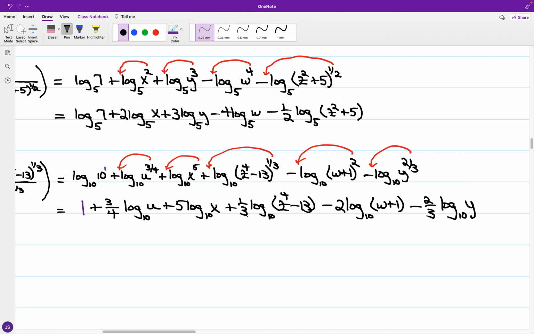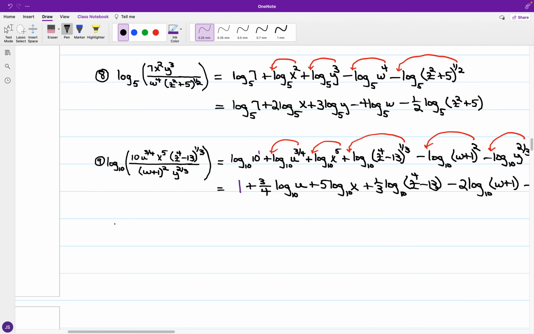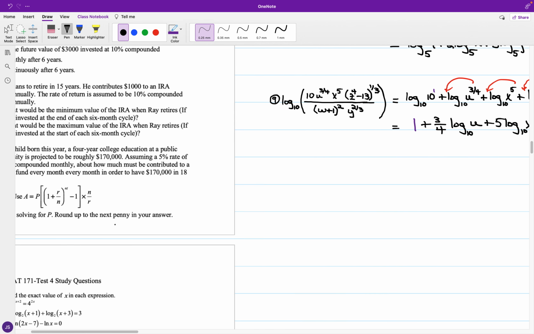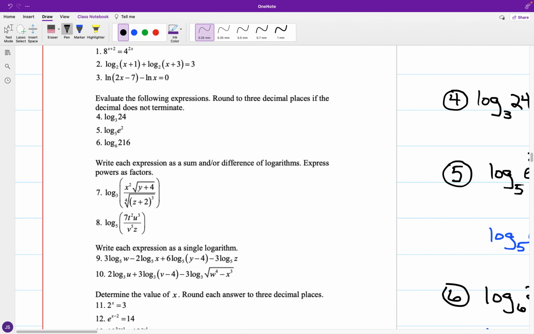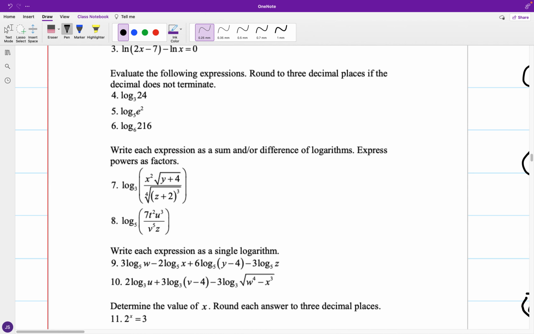Yeah, 6 terms in the mix, and we have just a constant 1 to lead off. Okay, now looking at expanding, and we say that for the second set, we'll go ahead and take on number 7 and 8. Okay, so if I go ahead and rewrite what I have in 7,